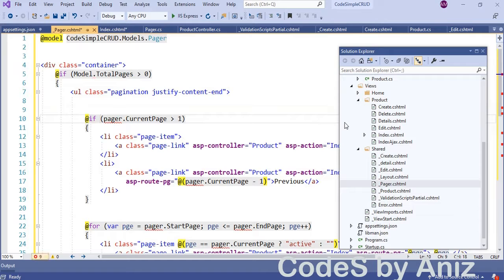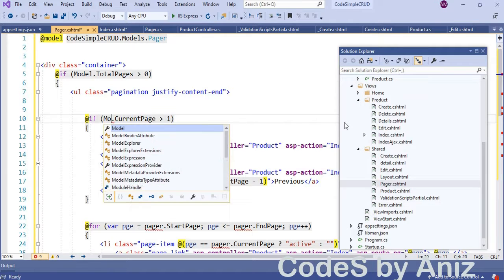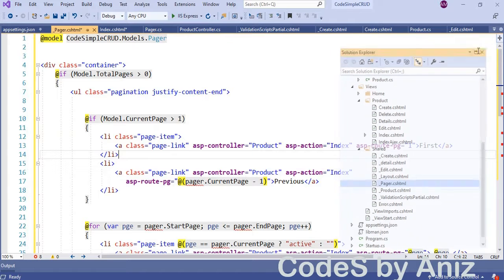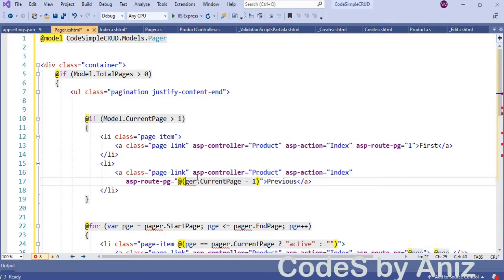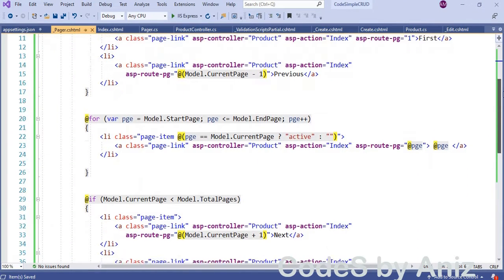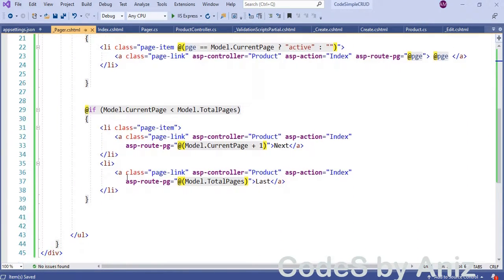Just change the word pager to model everywhere. Please follow me and also notice that the M is capital in Model. Now all the errors are fixed and our partial view is ready to be displayed.